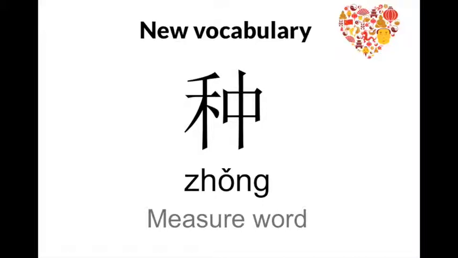种, 种. Third tone, and this is the final measure word that you will learn here. It's kind of generic in its usage. Works, for example, for people or for books, but also with the word things, 东西, which makes it really generic. So 种, a measure word for things. It's not as wide as 个, but it's very broad in its range.